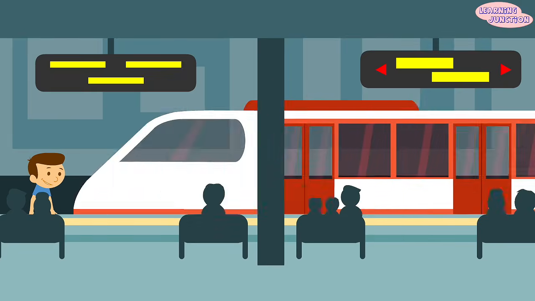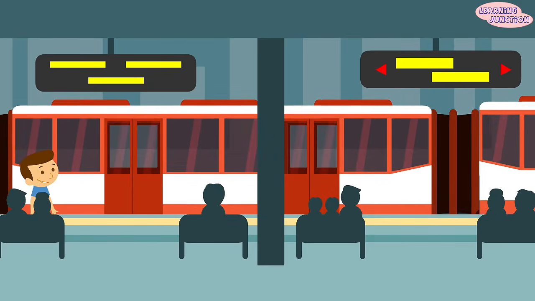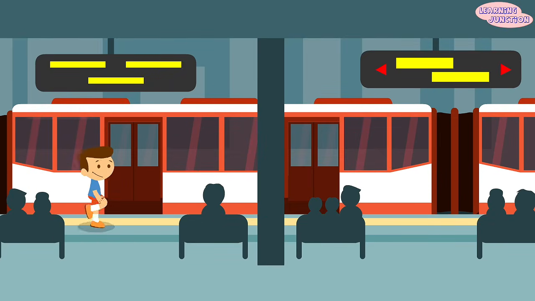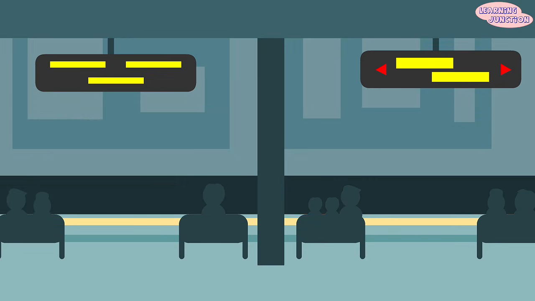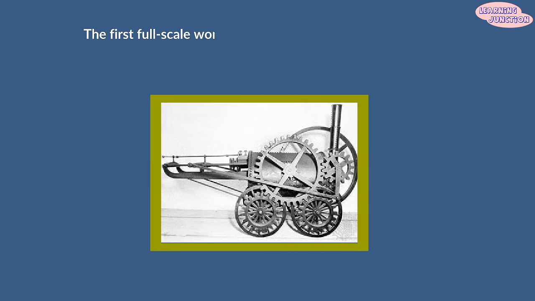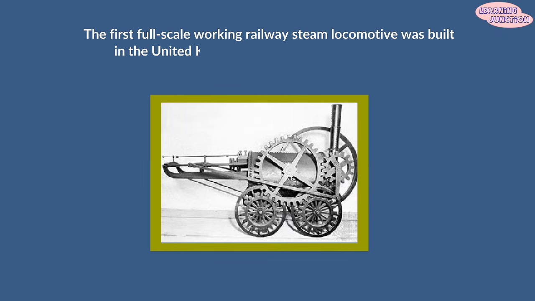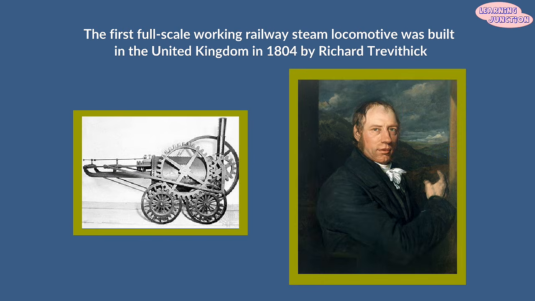This is a train. Trains carry people over long distances. We go from one state to another in trains. Now, some countries are also connected with rail lines. The first full-scale working railway steam locomotive was built in the United Kingdom in 1804 by Richard Trevithick, a British